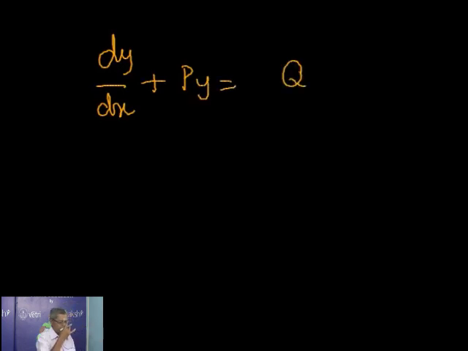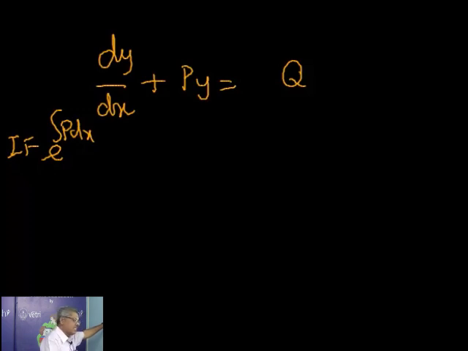Now the methodology is, as such, the left hand side is not an exact differential. What we do is, we multiply each and every term by the integrating factor, e power integral p dx. Thereby, our left hand side becomes an exact differential that can be integrated easily. Similarly, we multiply the right hand side also by this e power integral p dx. And integrating both sides, we get a solution as